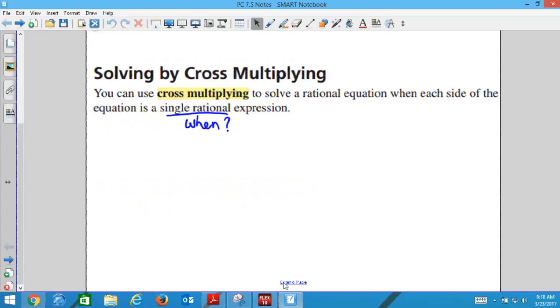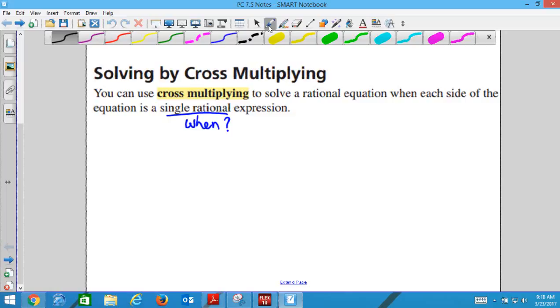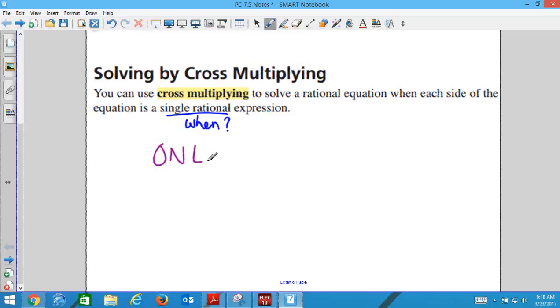A single rational expression. What does that mean? Single. One, okay? Rational, that is the entire chapter we've been studying. And what has everything had in this whole chapter? They have all had variables, but so has the entire book. So what's more special about this chapter? Fractions. What do you think rational means? Fractions. Right. So if we have one fraction